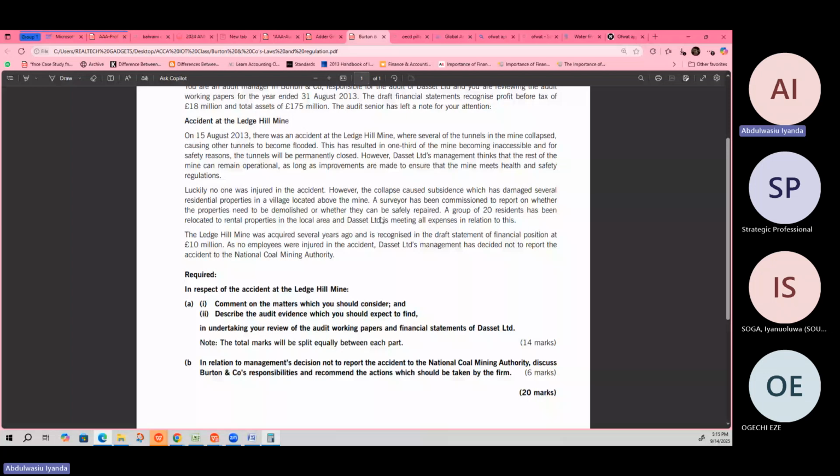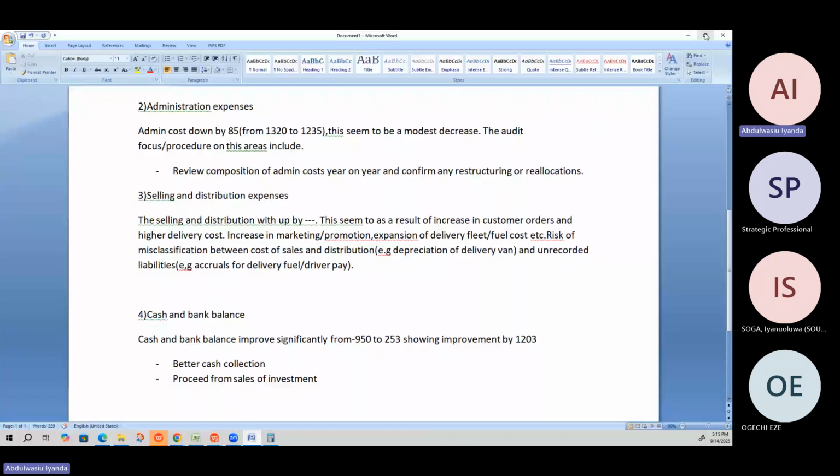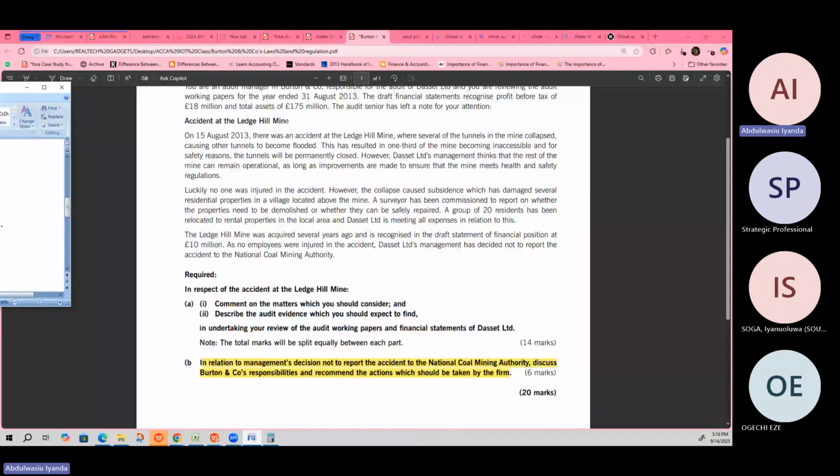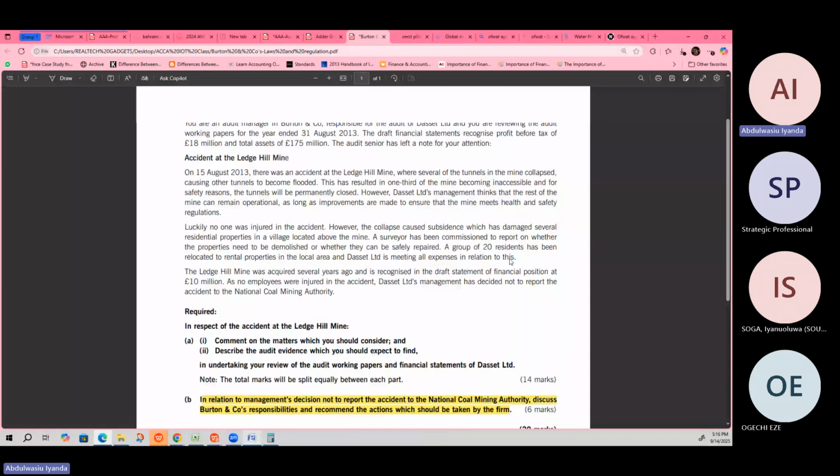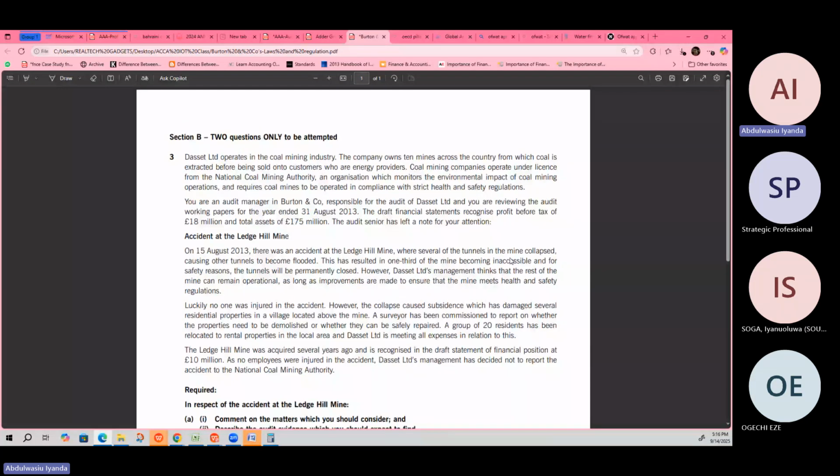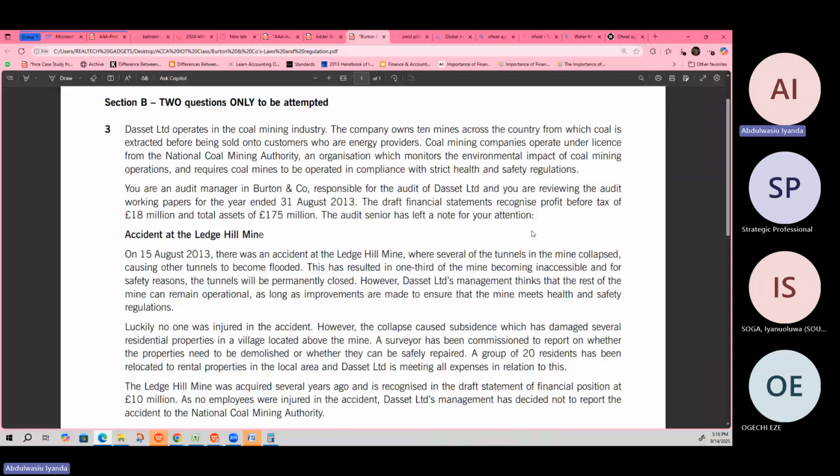So I think let me try to come in place. Let me save this file. Come in, please. Just give me a few seconds. Sorry. You can start having a look at it. Just start reading it. Let me zoom it in a little bit. Some of us that maybe are using your phone, you should be able to see. So just read through this case.